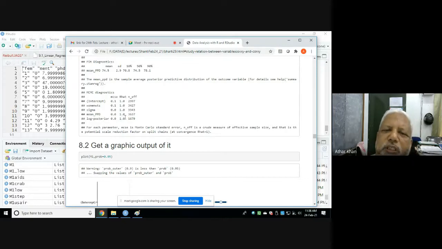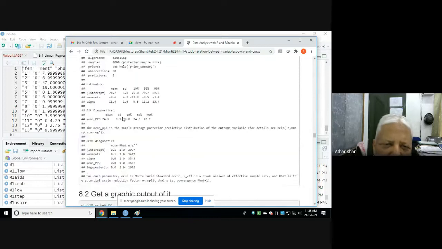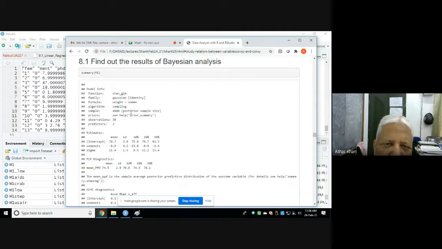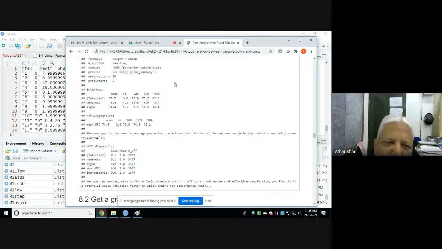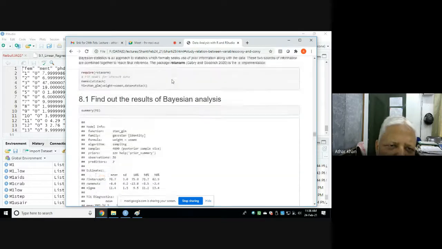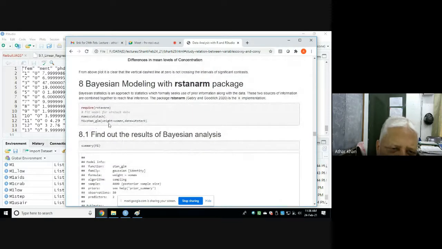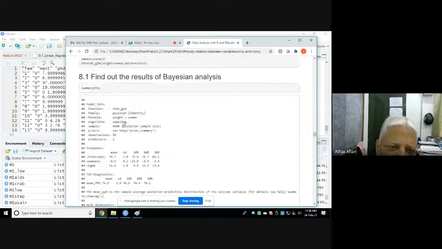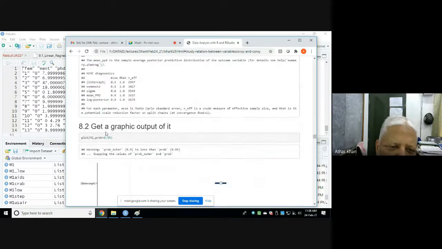So those who want to use simulation tools to understand data analysis, these concepts are discussed in that book on management or marketing research and analytics also. And actually all the modern books of data analysis are dealing with simulation. See, M1 is the fitted object with stan GLM, which fits the model. These are the numeric summaries.